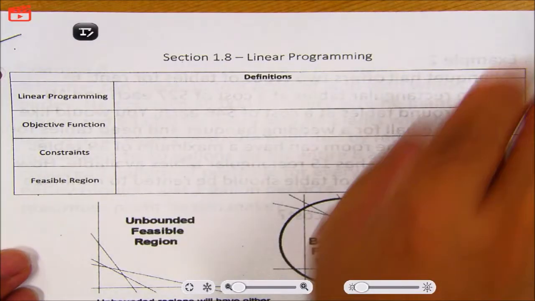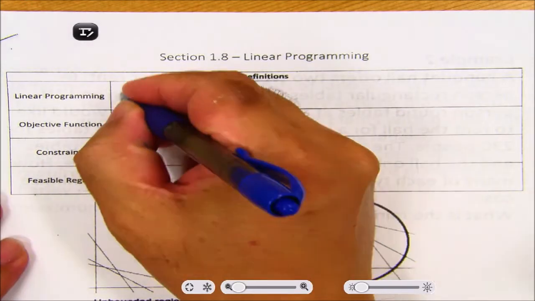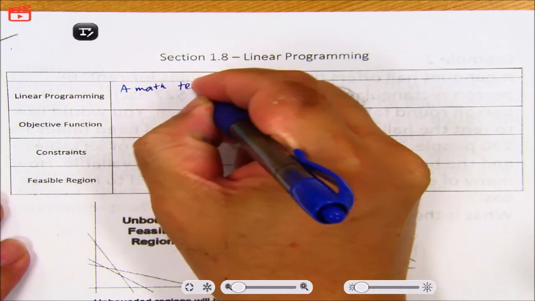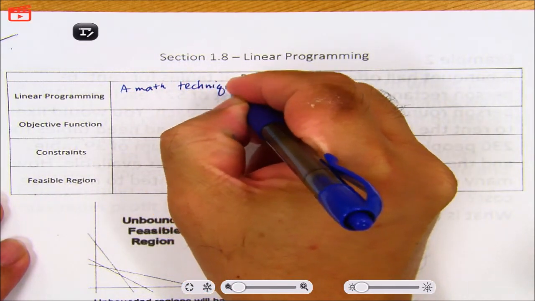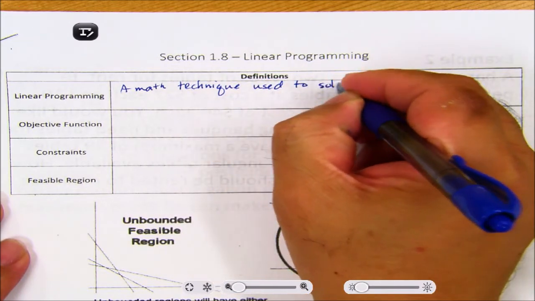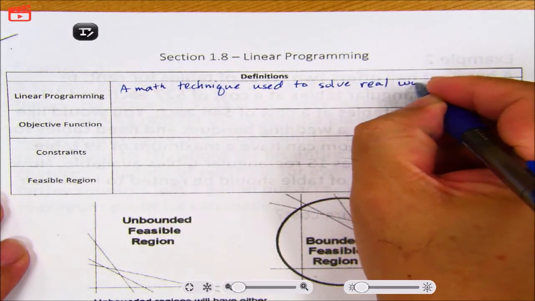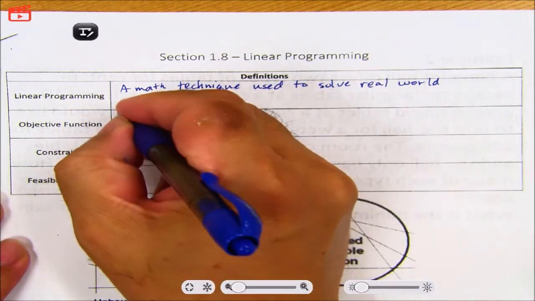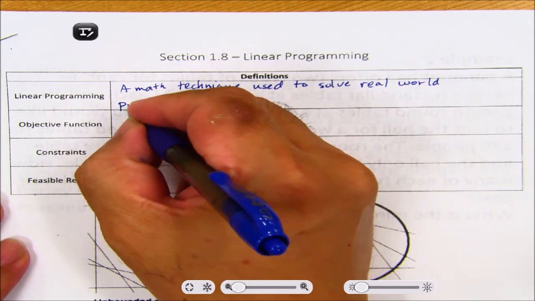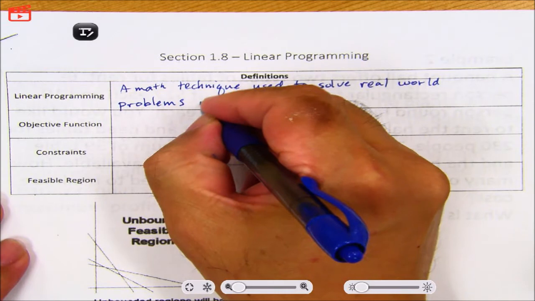This is linear programming. Linear programming is just a math technique used to solve real world problems. Yeah, but whenever we solve real world problems, that's when the topic is difficult. That's really true, honestly. Well, the problem is made up of